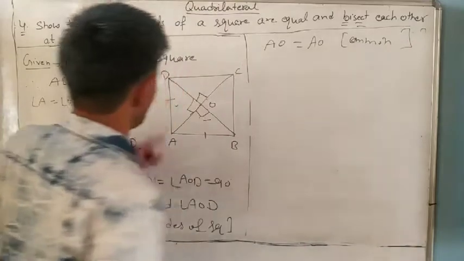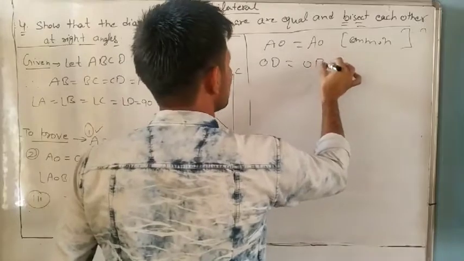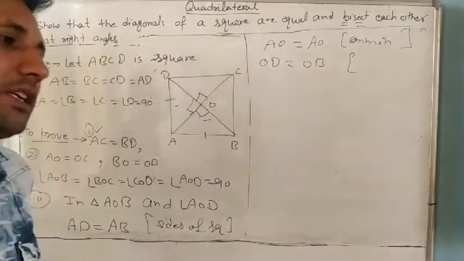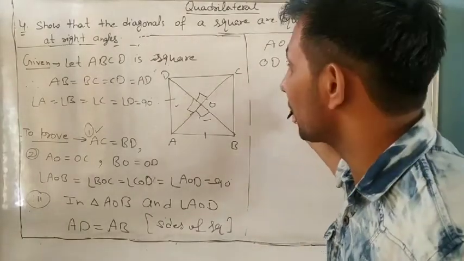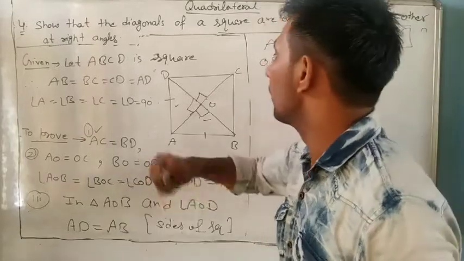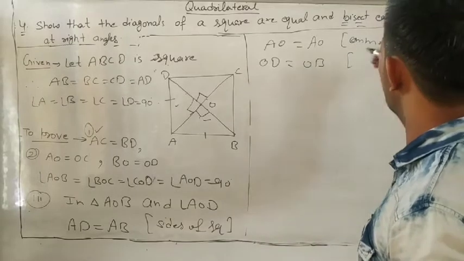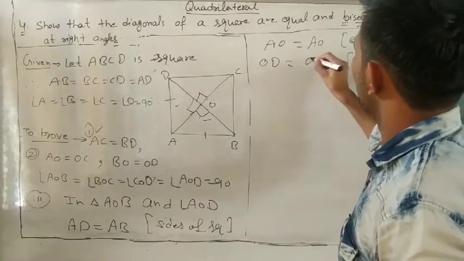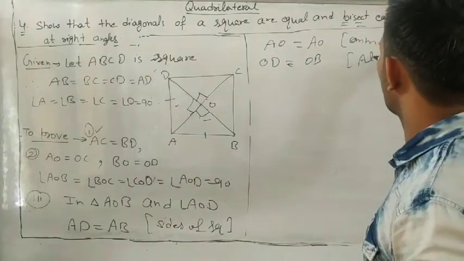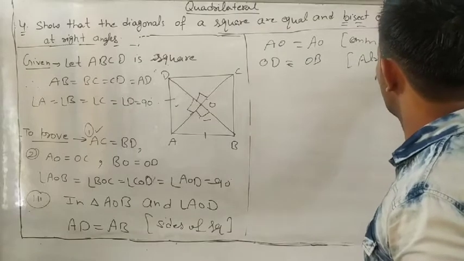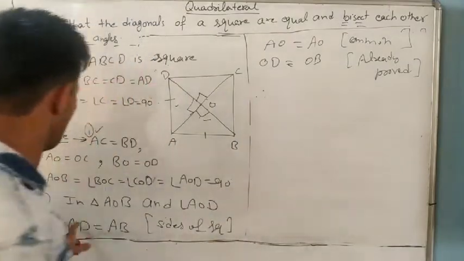Third, can you say that OD equal to OB also? Yes, OD equal to OB also. Think why? Yes, because in the second part we already proved that OB equal to OD. You can write any property, like diagonals of a parallelogram bisect each other. Otherwise, you can write already proved. So therefore, triangle